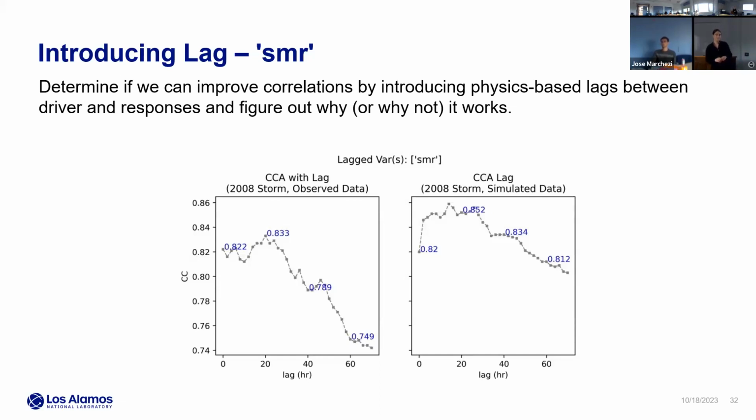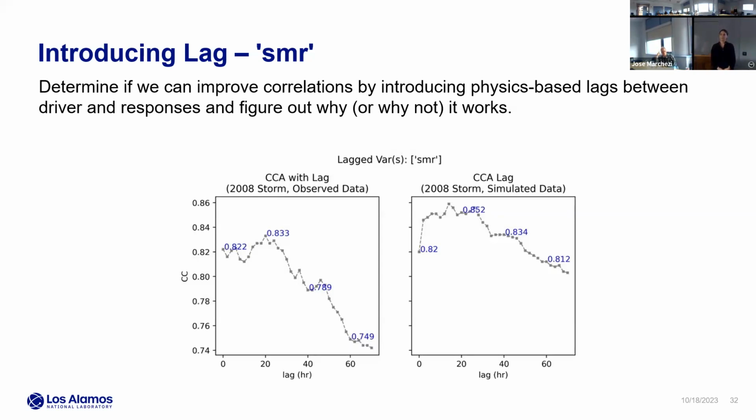Could that be because of the difference between region 1 and region 2 current systems? Region 2 current systems would take longer to respond to driving. That's a great assumption, but we just haven't done too much work into that, so it could be. Right. Well, obviously, if you let the lags go too long, then what you're basically producing is an average state of the magnetosphere. Yeah. And so we're even considering maybe only lagging 1 variable for improvement. This was really done in the last week, and then we were like, okay, we'll explore this more in the future.